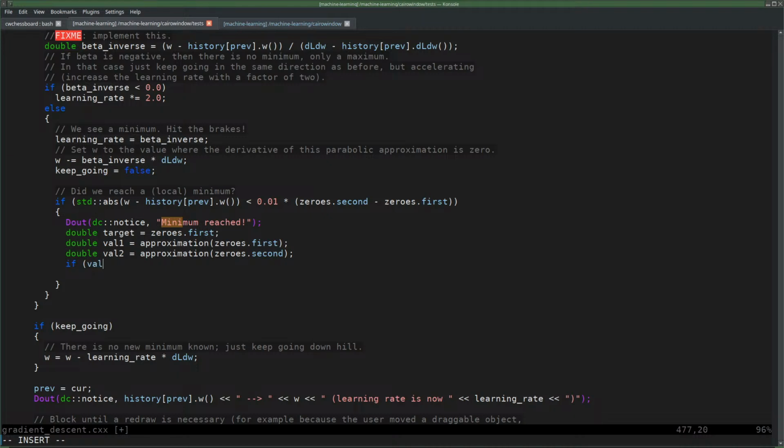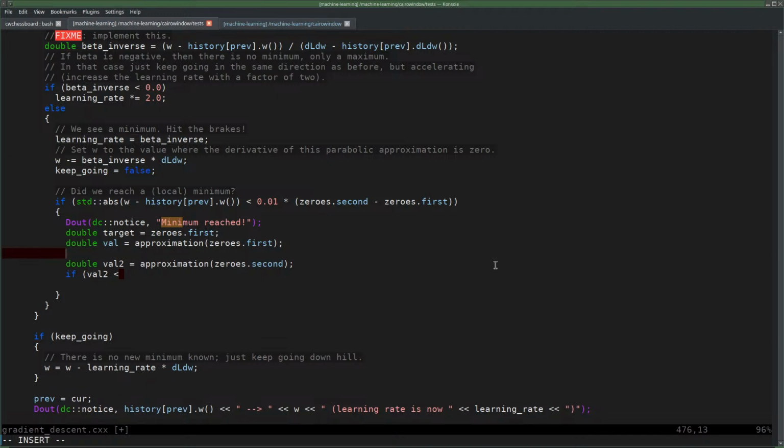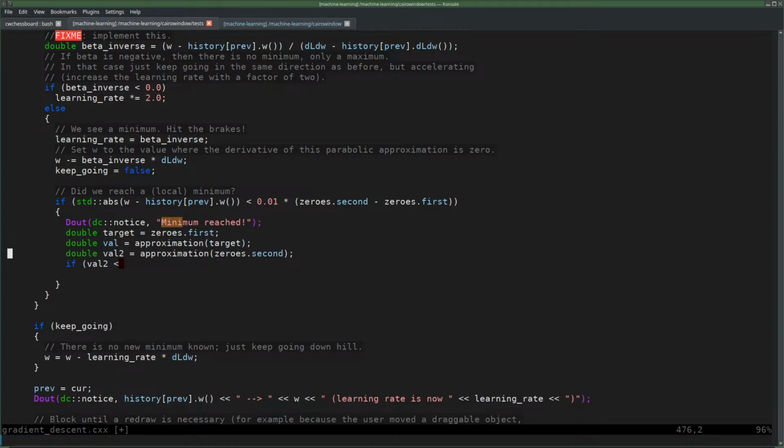If value 2 is less than, let's say value is the one that belongs to it. Yeah, we have a target and the value of that target. And then if